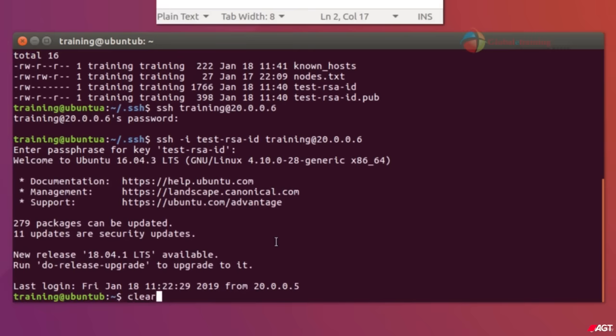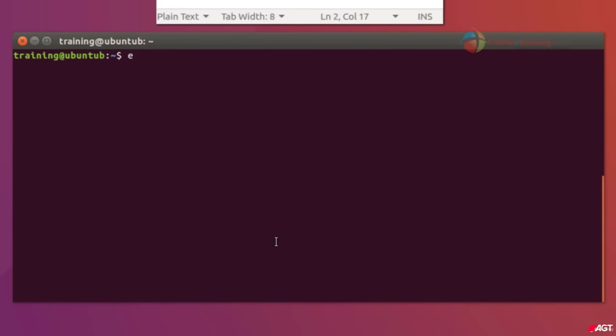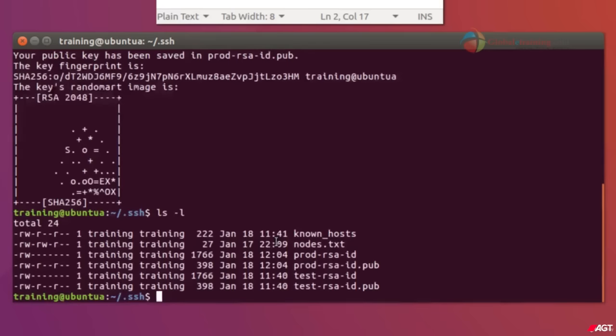Now next, we will create a set of private and public keys for our .8 and .9 machines. I pull the previous command, and now here I'll change the password to 22222, and I'll call it prod. It is done. Let me list the files, and now I'll push this particular public